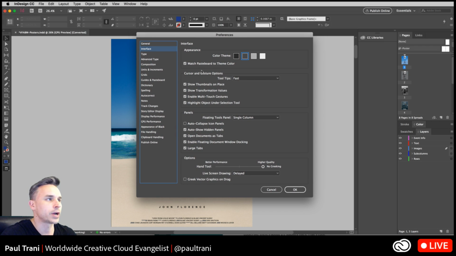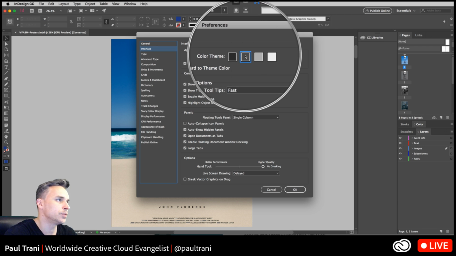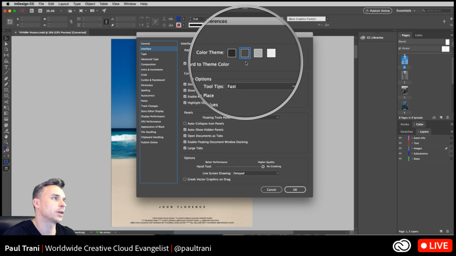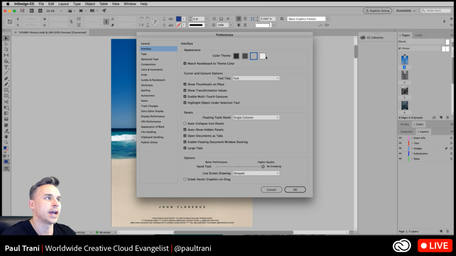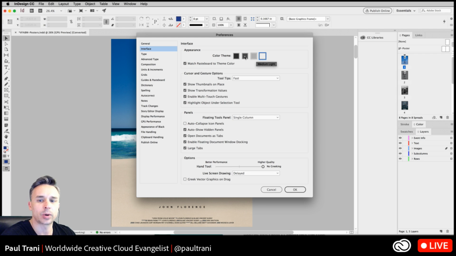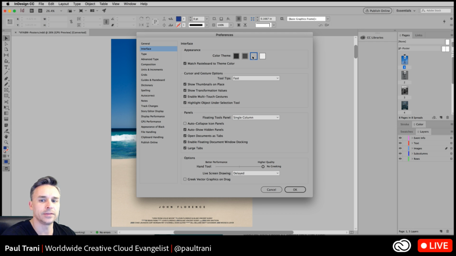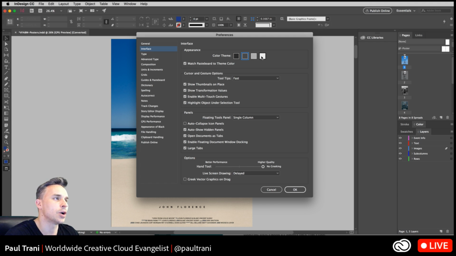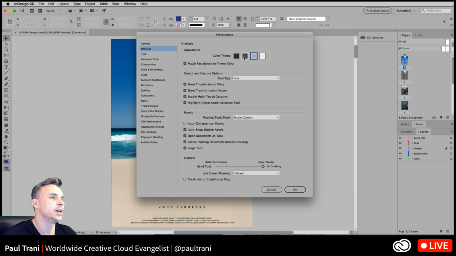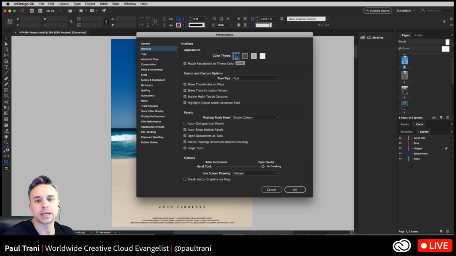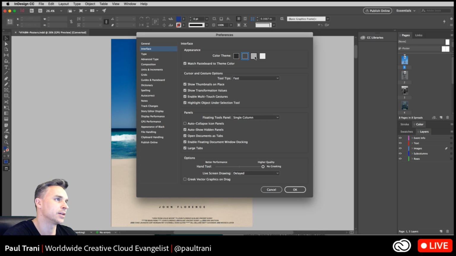So notice right here, first thing we notice, let's zoom in on that. We actually have different color themes. Okay, so not only did we redesign so many of the icons and interface, but we had to make multiple versions. We need to make sure it stands out and works for these different color themes. You can go to brighter. I think you can get it so bright that you could start to see it shine on my face more. It's that bright. But you could obviously pick your color theme just like the other apps.